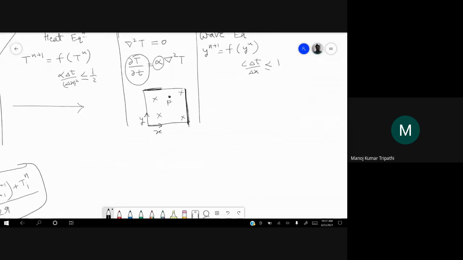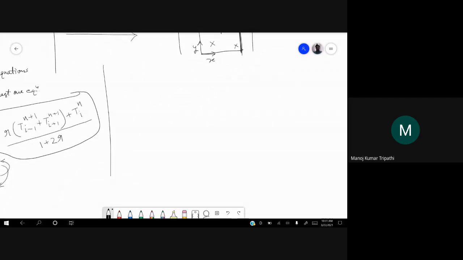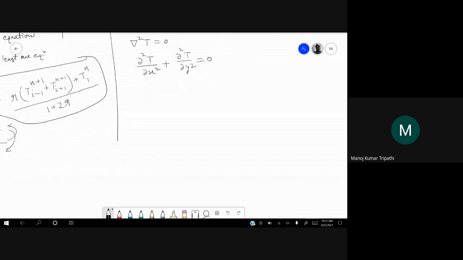Okay, so now let us try to write the discretization for this equation del square T equal to 0 and see if we can use an explicit kind of scheme or not. This can be expanded as dou 2T by dou x square, if we are using a Cartesian coordinate system. Now there is no time. Let us use index i and j for x and y directions.